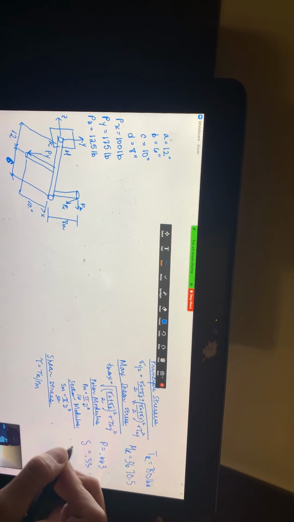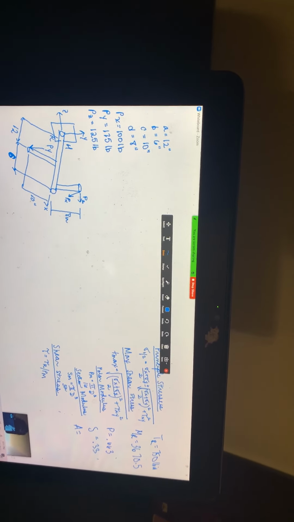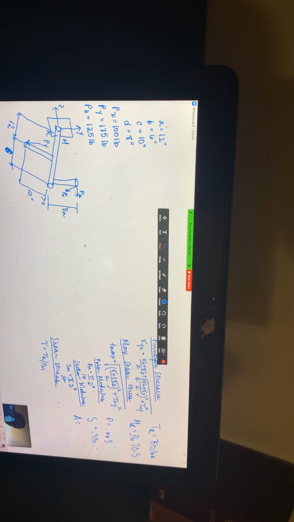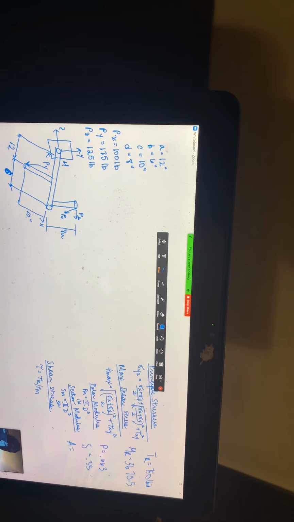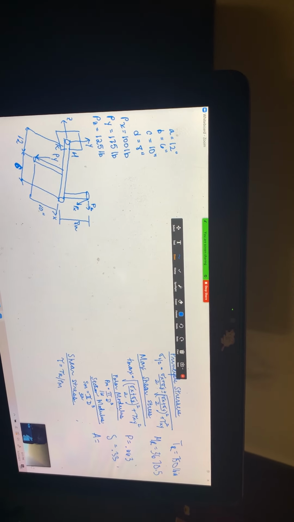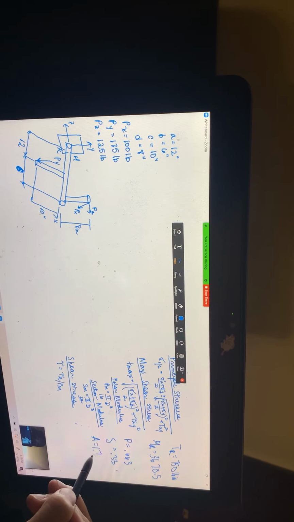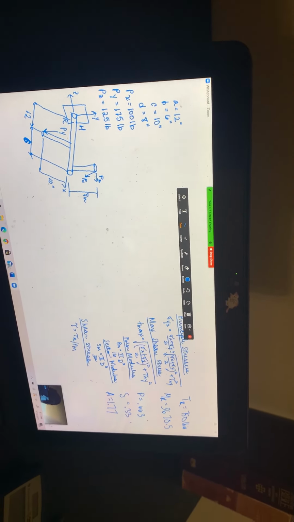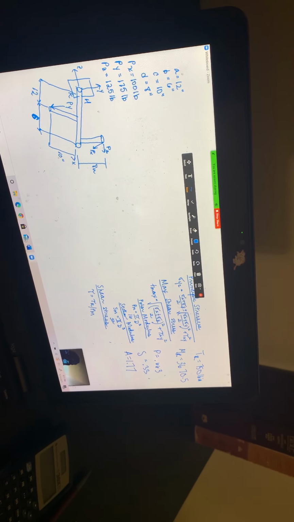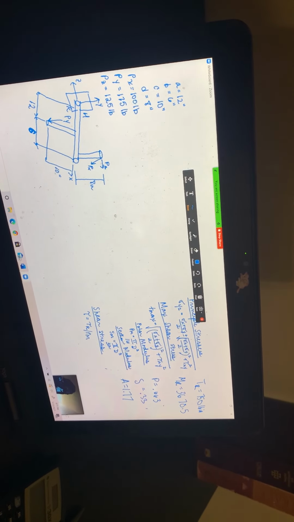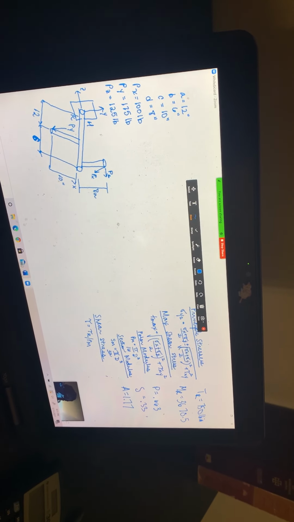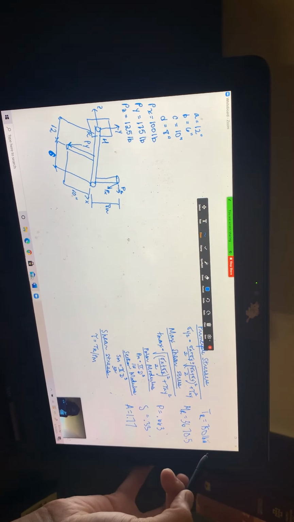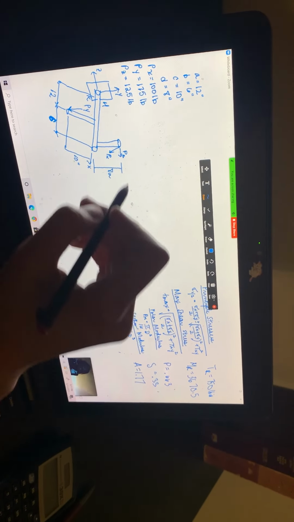And we're also going to need the area, which is just pi over 4 times the diameter squared. Your answer is 1.77. Okay, and now the final step is to solve for the bending and the axial stresses and the shear stress. So the shear stress is, we take the resultant torsion divided by the polar modulus, and